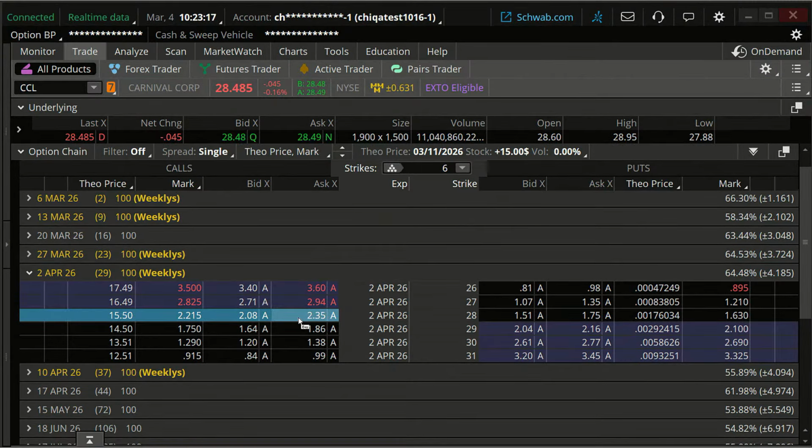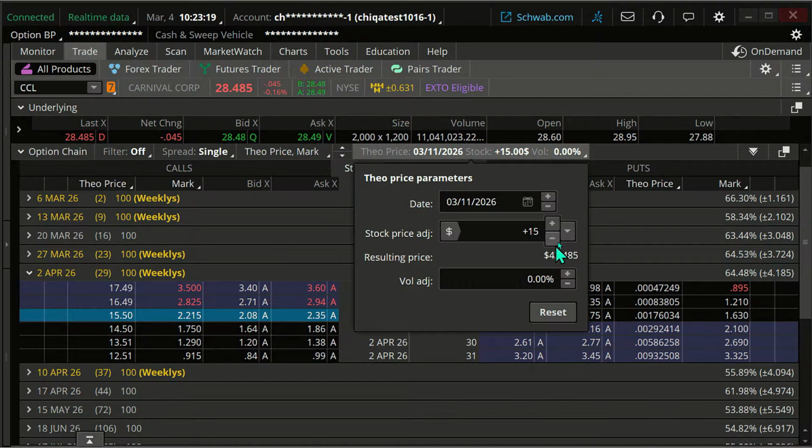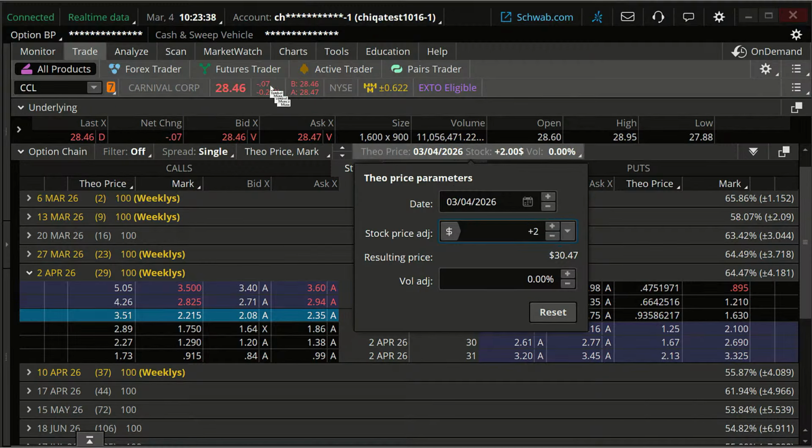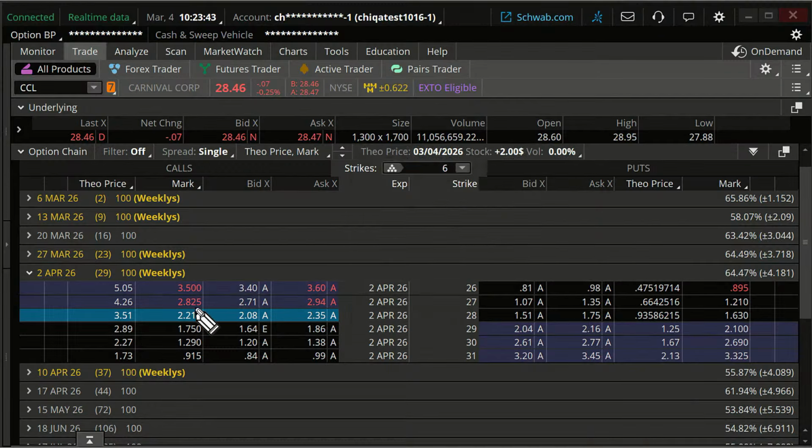Now, before I send that, let's just look at this scenario. We're looking at this contract here. I'm going to use this theo price, and let me just reset it. I'm going to say, well, what would it take to get that 100% profit? Is that even realistic? I'm just going to move this up a little bit. What if the stock goes up $2? Where is the current price? 220. If the stock goes up $2, we're already at 3.50. That's not quite at the 100% gain. That would have triggered our first target though.